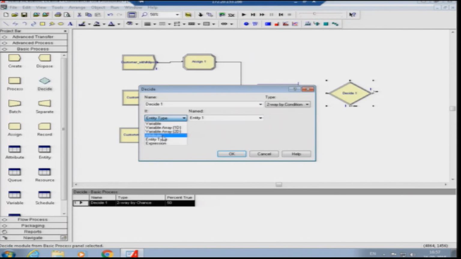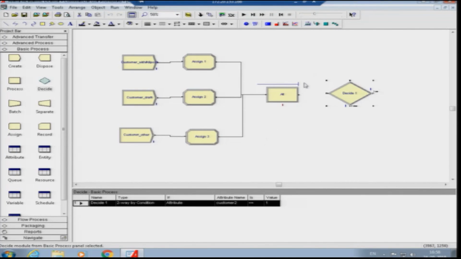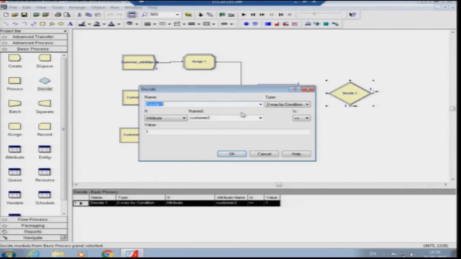The condition is the attribute that we have already defined in the assign node. We are looking for customer 2, because customer 2 is dealing with draft making. Whenever this thing passes through this decide node, the decide node will check whether the customer 2 value is equal to 1 or not. If it is 1, then it is directed towards the manager, and if not 1, then we direct it towards the exit. That is what this decide node will decide.